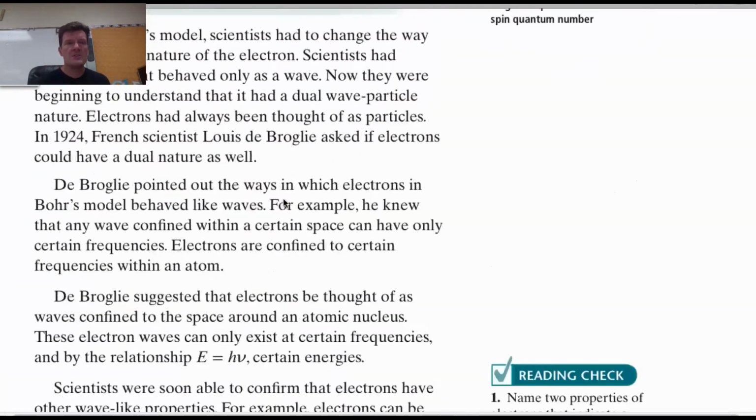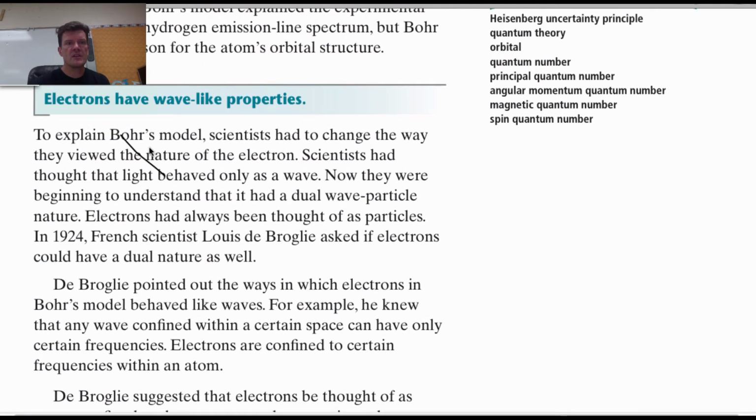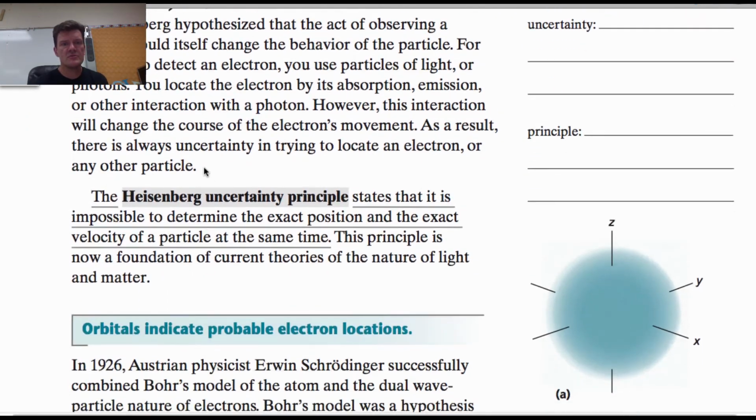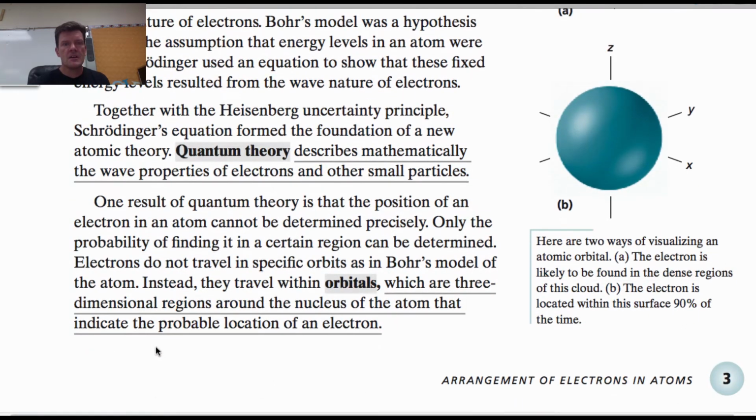All right? You don't need to worry about this first section of the first part of 4.2. Okay, you don't have to worry about that. But what we do want to talk a little bit about is the quantum theory. Quantum, a quantity. Remember we talked about quanta being an amount of energy. So quantum theory basically says that mathematically we've been able to calculate where the electrons might hang out because electrons have wave properties,